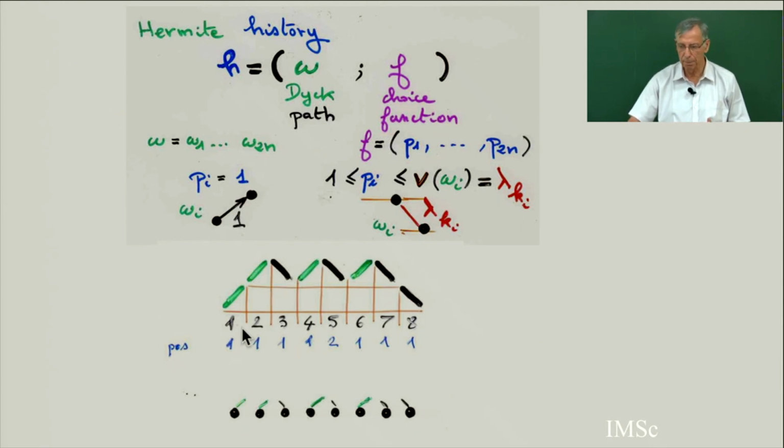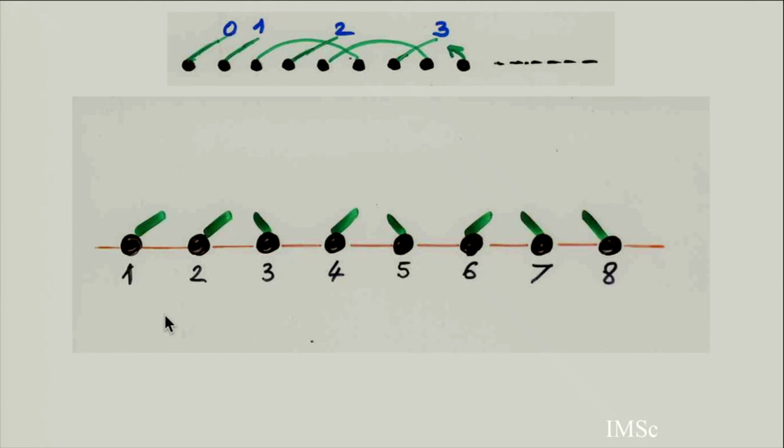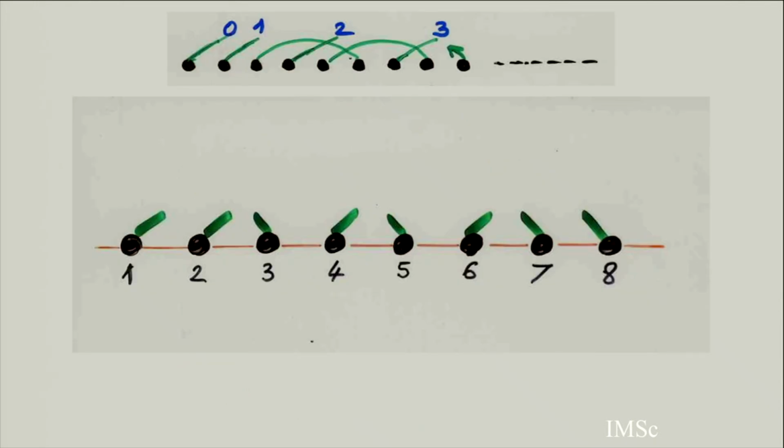So the Dyck path gives you the starting of the opening chord and the ending of the chord. If you have the Dyck path, you get this: 1, 2, 3, 4, 5. So this is the Dyck path. And then you have to connect these chords according to the weight of the down step. So I will label, you see, from left to right, the opening chords. This is a certain step of the algorithm. I put choice 0 instead of 1. This will be for the q-analog, a shift of the possibility by 1. So this is 0, 1, 2, 3. You just label from left to right the possible choices.